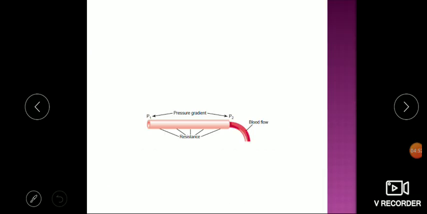Now here you can see these two points, so suppose this is a blood vessel. If the pressure at this point is more and at this point it is less, we'll have a better flow from here to there, and if the pressure at both points is high, here as well as here, we'll have less flow. So this simple principle works. And if the resistance is more, the blood vessel is constricted, obviously flow will be reduced.